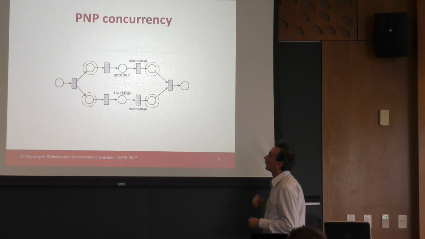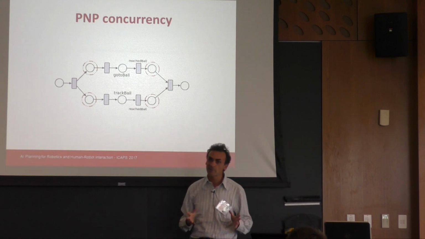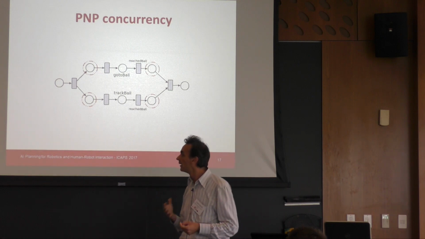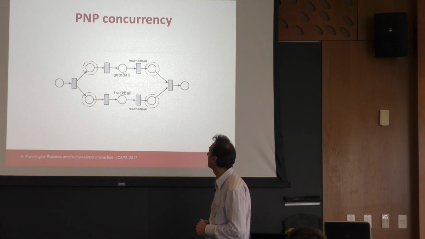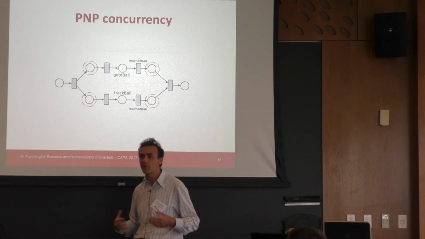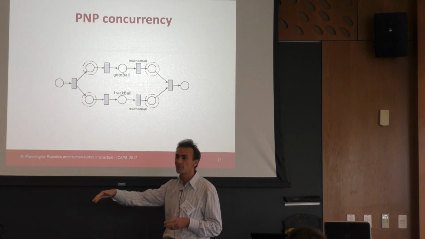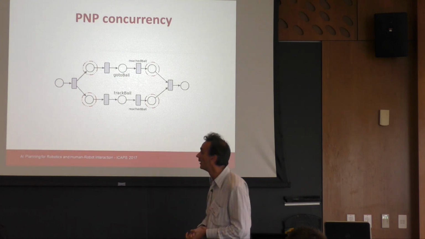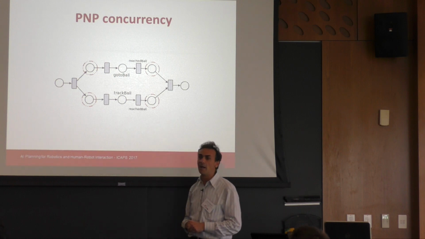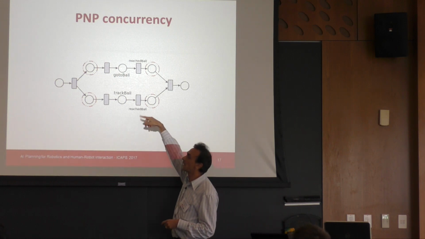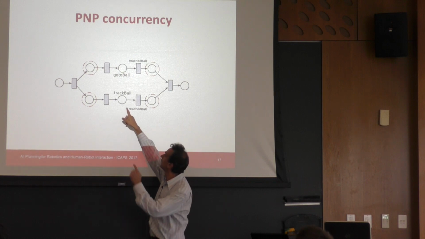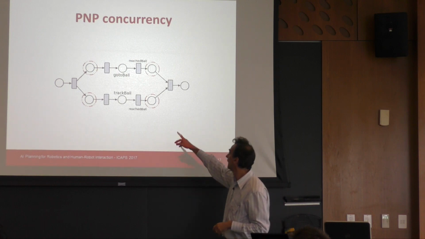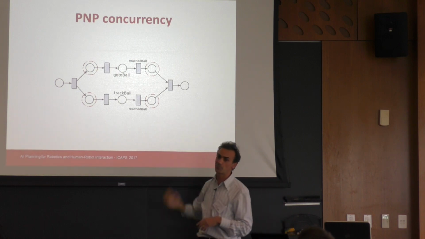And this is an example of fork and join. We want to execute two actions in parallel. One is going to the ball, and the other one is tracking the ball with the head. So imagine you have a soccer robot, for example a humanoid robot, and while you control a part of the robot, for example the legs, to walk towards the ball, you want at the same time, in parallel, to control the head, for example to track the ball. You can easily do it with a fork and join operator. This means that these two actions will be executed in parallel, because you will have tokens in the execution places of both actions, and when these two actions terminate, you can proceed with the plan.